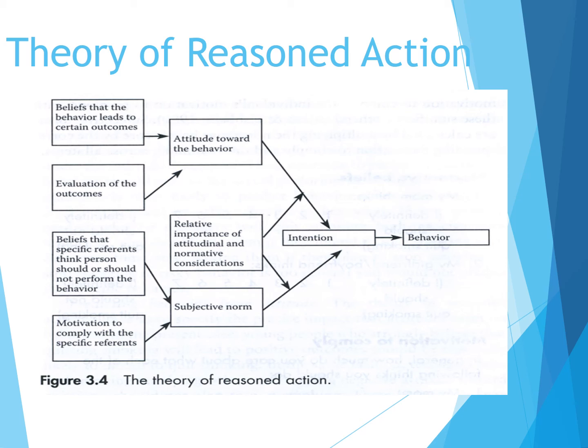these boxes right here, okay, on the left, the reference group that should be evoked in that campaign targeting those high school students would be their social group and what the social group thinks of them, not the parents. So these are very important details about why it is that people may evoke certain behaviors even despite having beliefs, for example, that smoking can lead to negative health outcomes. Moving on to another theory,